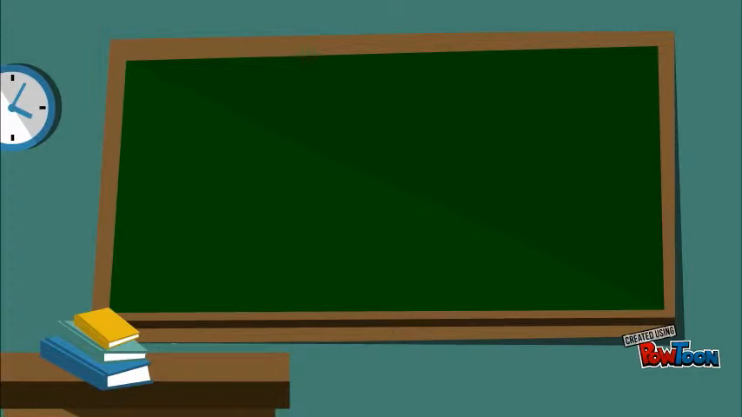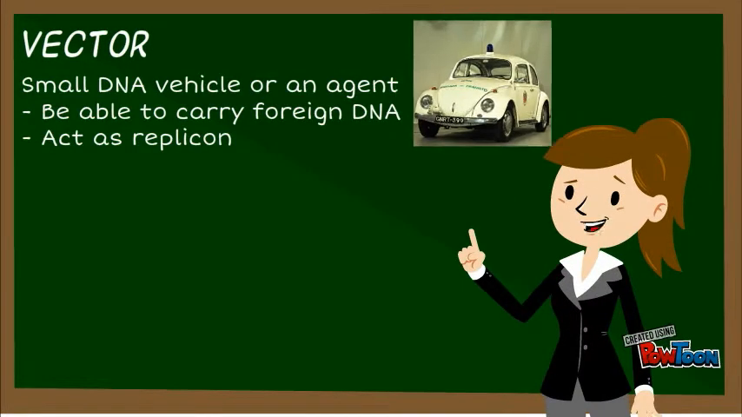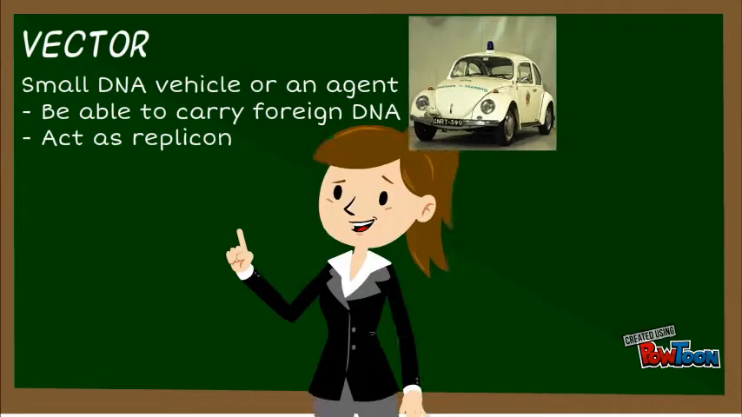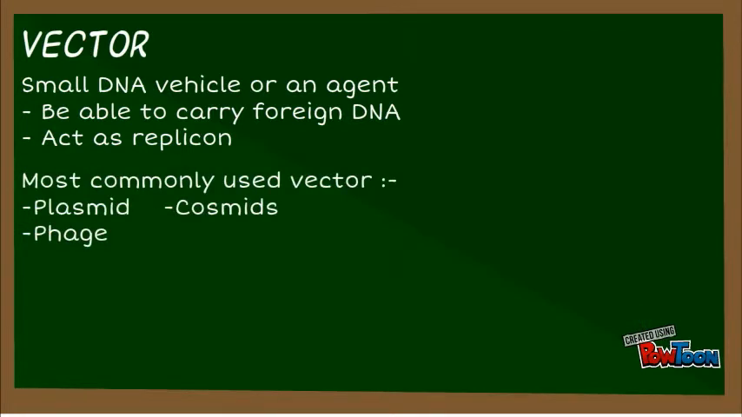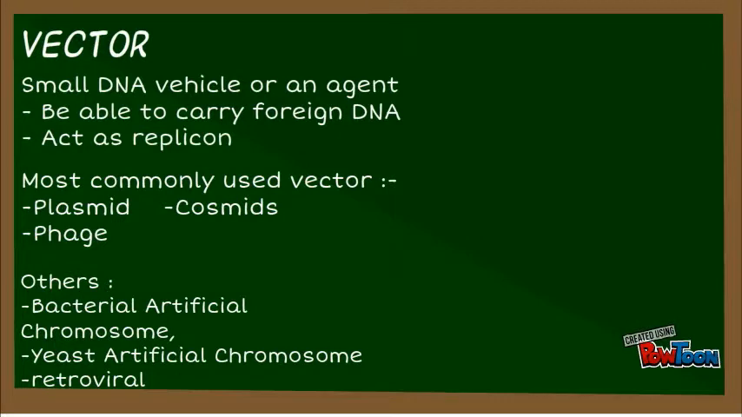A vector is a small DNA vehicle or an agent. Your vector should have compatible ends with the insert, be able to carry the foreign DNA and act as a replicon. The most commonly used vectors are plasmid, phage, and cosmid. There are more types of vectors such as bacterial artificial chromosome, yeast artificial chromosome, and retroviral, which have their own